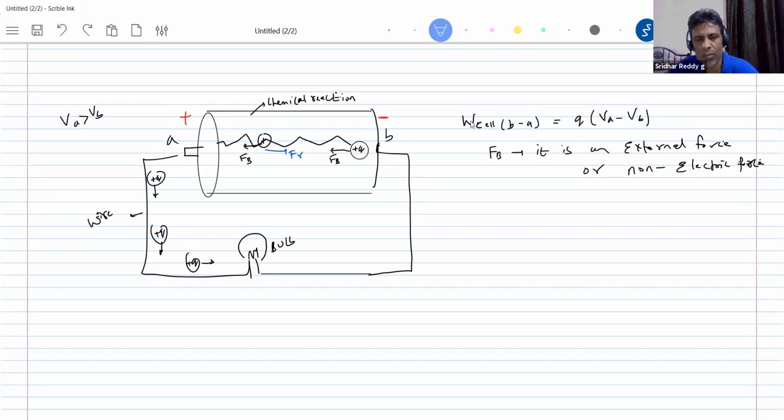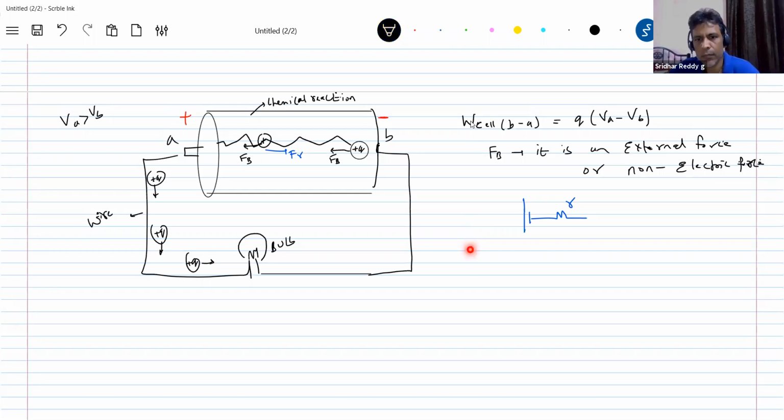So now practically, how will this circuit appear? The circuit will appear like this. This is a practical circuit. This is B, this is A. This is the bulb, which you have to show like this. This is the practical cell, and this is the EMF. Now a current I will flow. According to the convention, this should be positive, this negative.